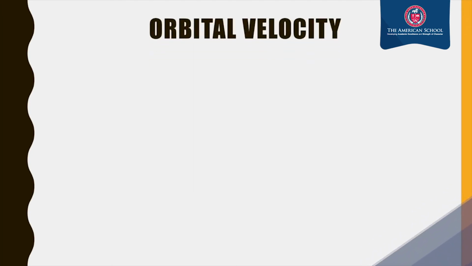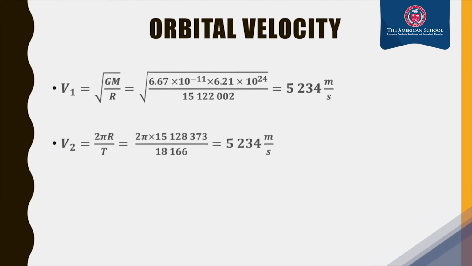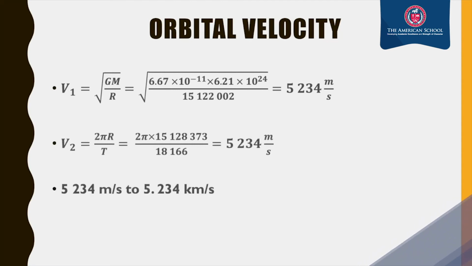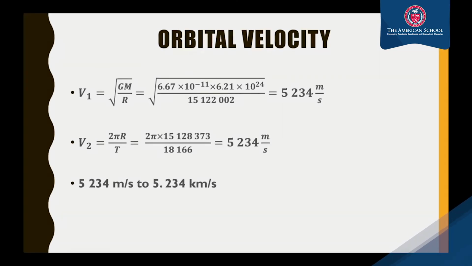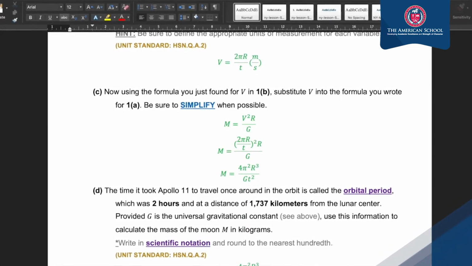We also take the V1 we found previously, substitute in the numbers, the mass of the Earth and then the radius that we found, after subtracting, and for V2 we use the radius that we haven't subtracted yet with the time 5 hours, 2 minutes and 4 seconds that is already converted to seconds. We find that both of the answers are identical, which we later converted into 5.234 kilometers per second. I strongly believe that all of the equations and results I found are valid, because I